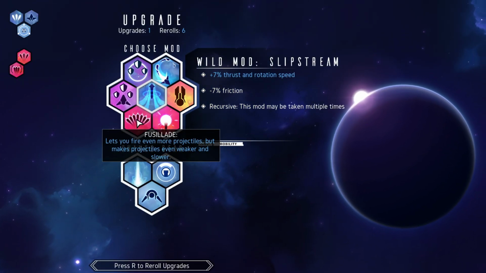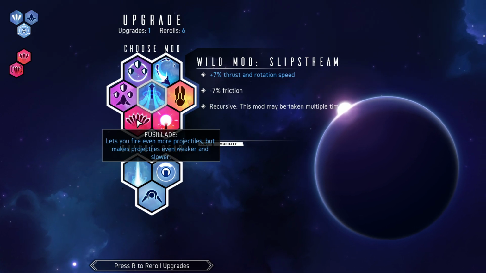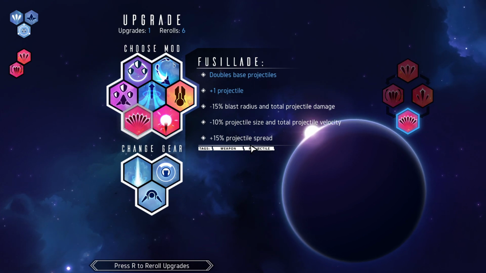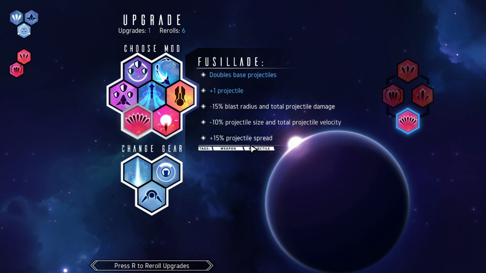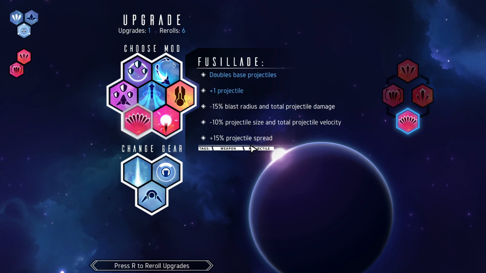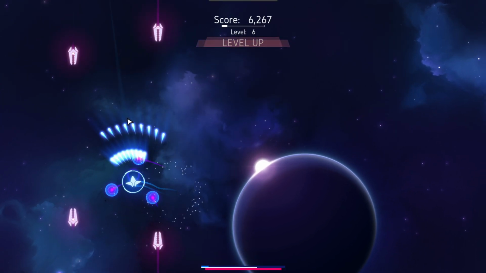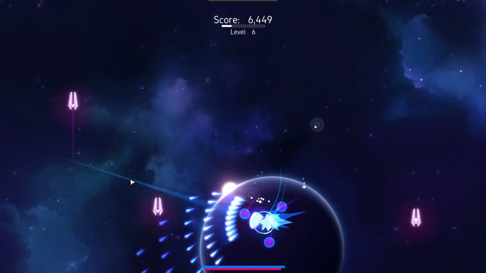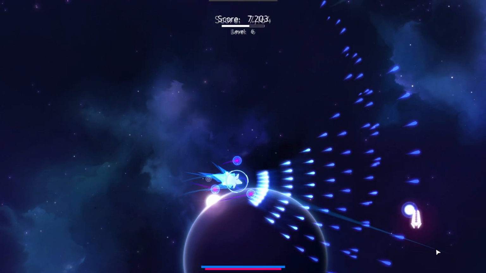amounts of damage. Let's see, fire even more projectiles, but makes projectiles even weaker and slower. Ooh. I don't know how I feel about that. Plus 1 projectile, double base projectiles. Oh my God. Okay, never mind. Look at it. Yeah, it may only do 16 damage per bullet, but my God, you